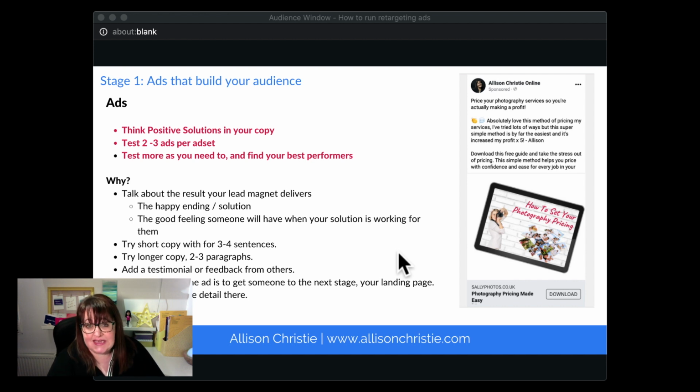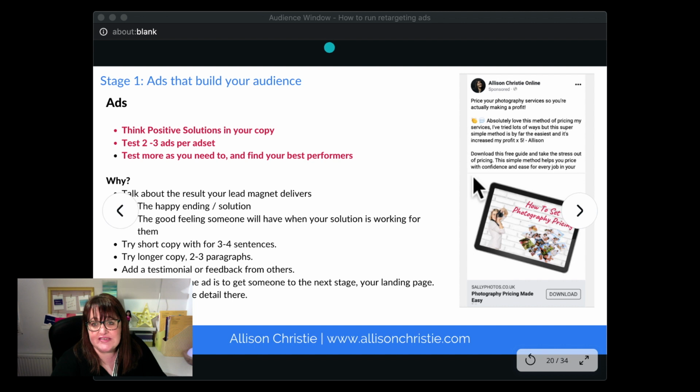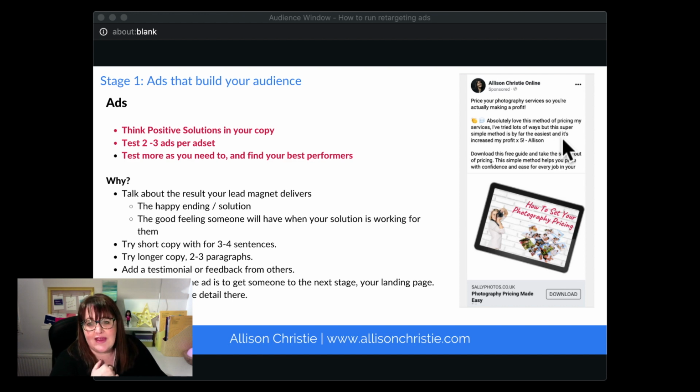Of course, you can add a testimonial into your copy, or you can make that into an image, and that can work really well in ads as well. And it's important to remember what the purpose of the ad is. It's to get someone to the next stage. So you want your ad to be encouraging enough so that someone wants to click on it and land on your website and land on that email sign up. I've mocked up an ad here just to give you an example. Probably in real life I would have made this image bigger, brighter, bolder, etc. to make it stand out a bit more, and just added in some copy here, a kind of fake testimonial, because that can work good in ads as well.